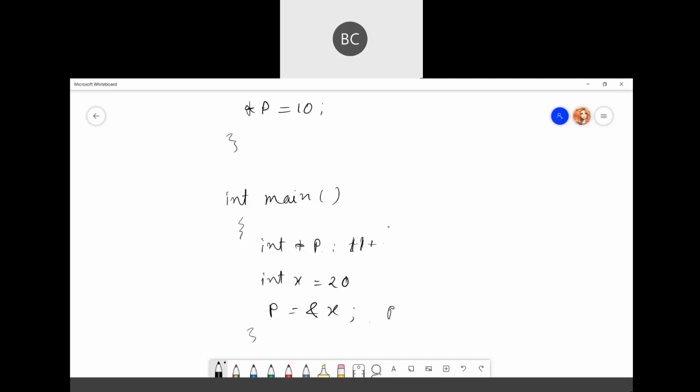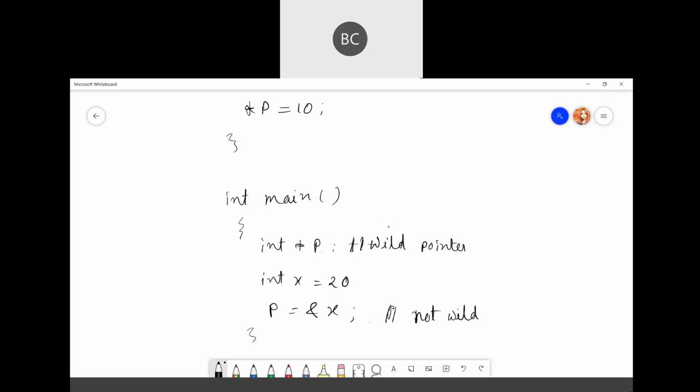Initially it is a wild pointer, but because you assigned some address, this is not wild anymore.